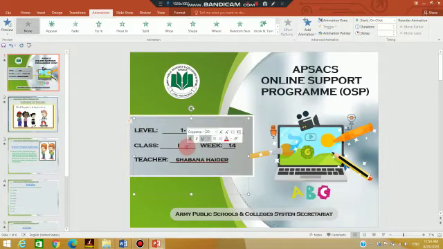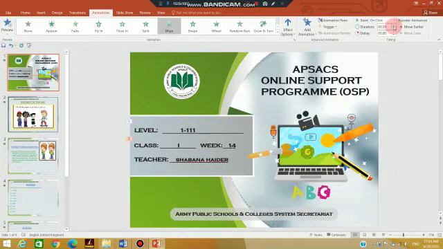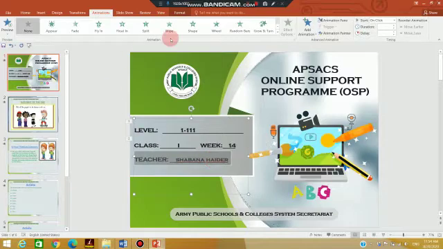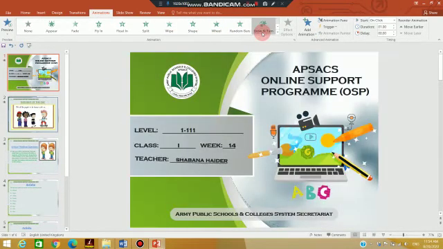On the second one I want to add this animation, and I am adding time again because I need to add timings to the second animation also. So 25 seconds is enough. Then I want animation on the third sentence. Again I am adding timing. You can add duration and delay to your animation.